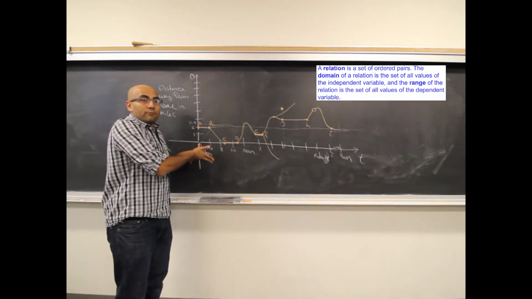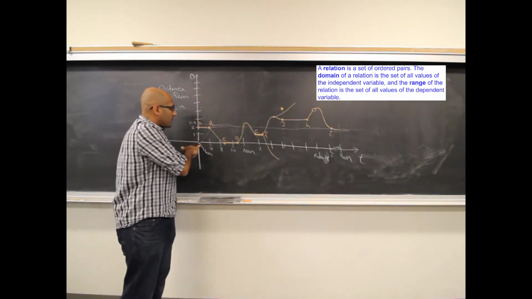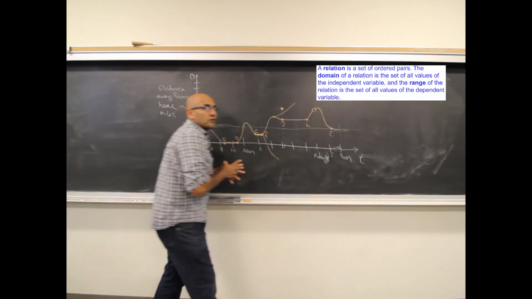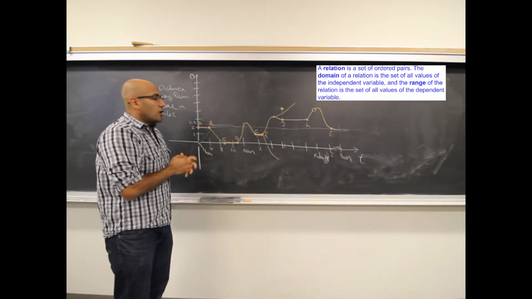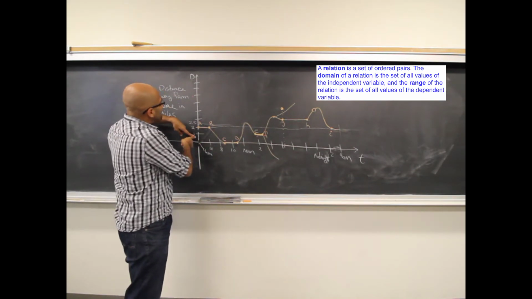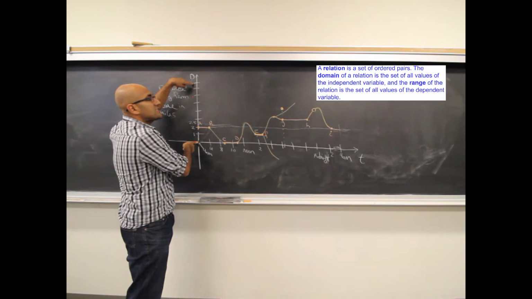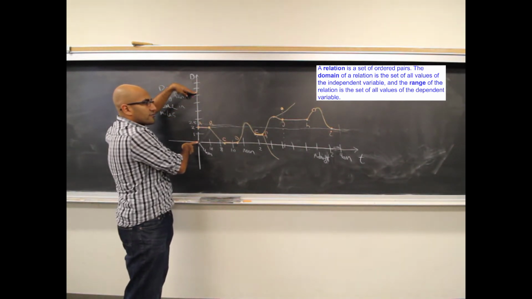They're possible input values. So from 4 a.m. over to 4 a.m., the 24-hour period is our domain. We can also describe the range. The range is all possible distances away from home that we get from here. So